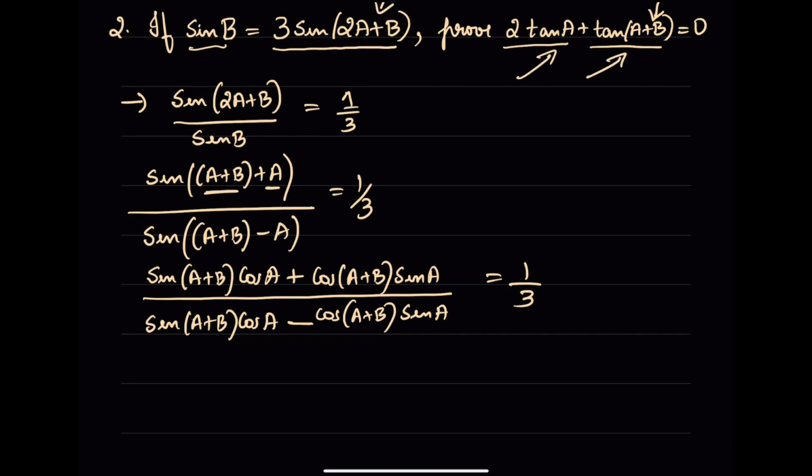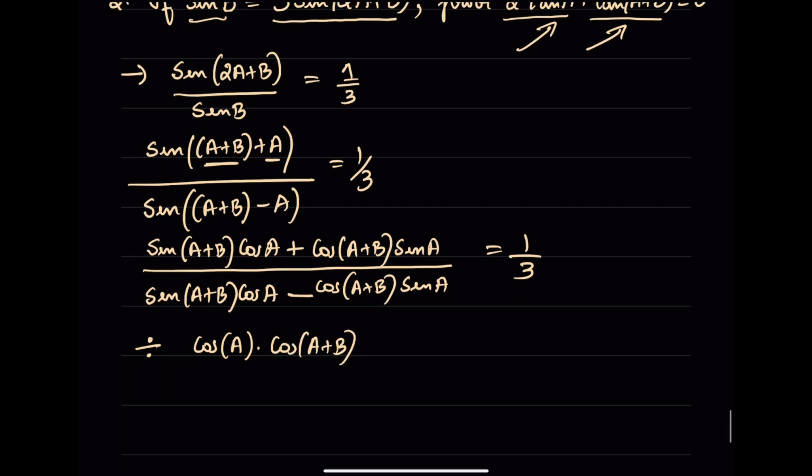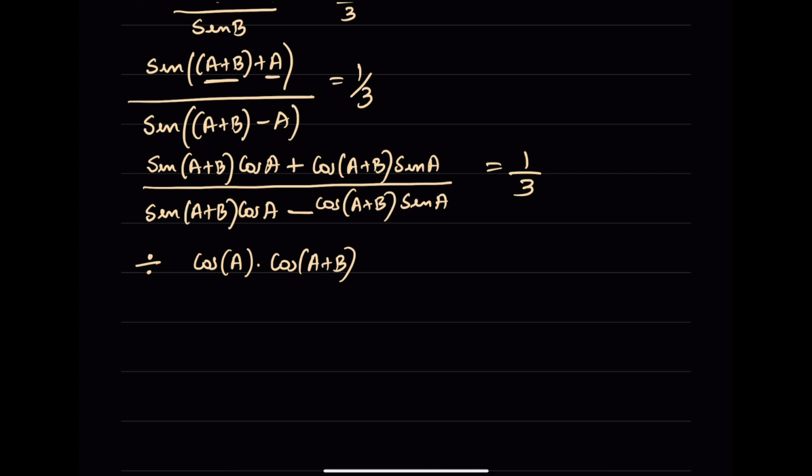There is no sine and cos in what we require. So what we will do is, we will divide this numerator and denominator with cos A times cos of A plus B. So if we divide this, then we can achieve the tan format. So what would the numerator be? Numerator is sine of A plus B